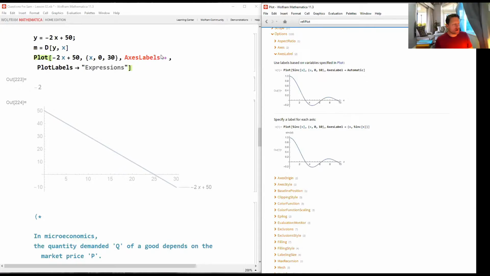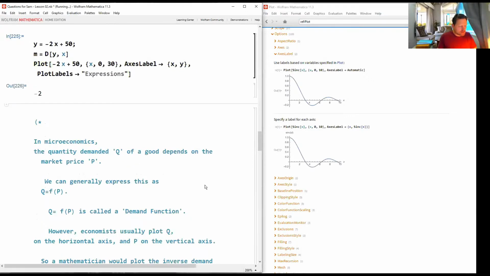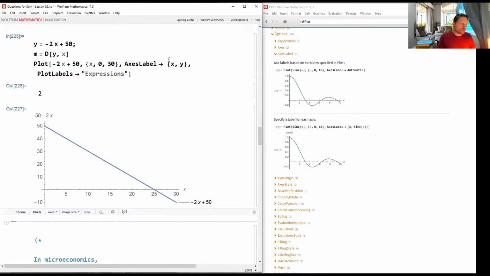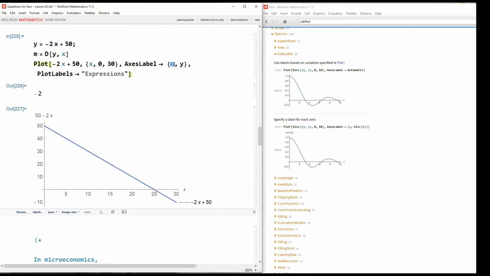Oh, right, you're right. Okay, so we can just put, I guess, X and Y. All right, so Y is in memory now, you see, so it appears as 50 minus 2x on the x-axis, which you may not want, but of course,